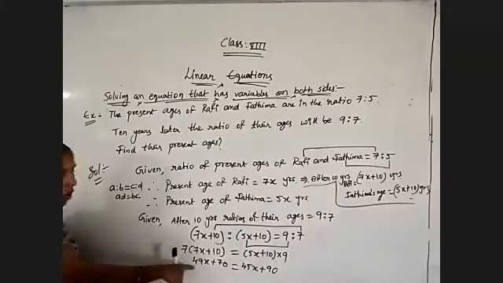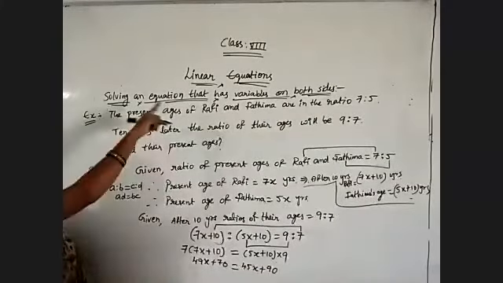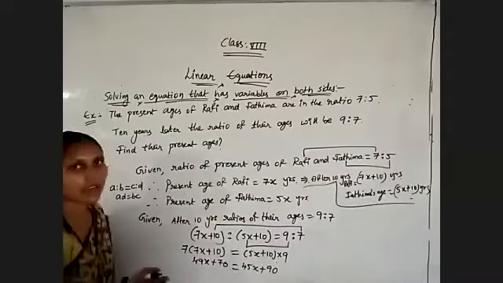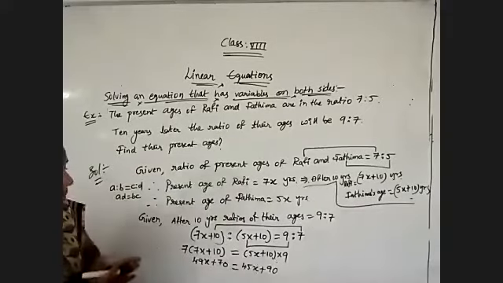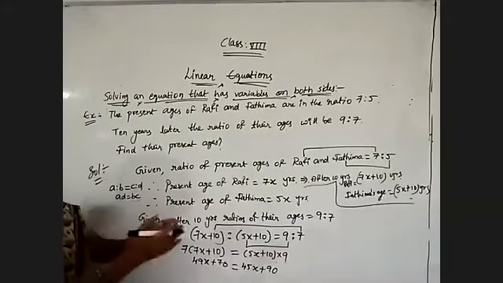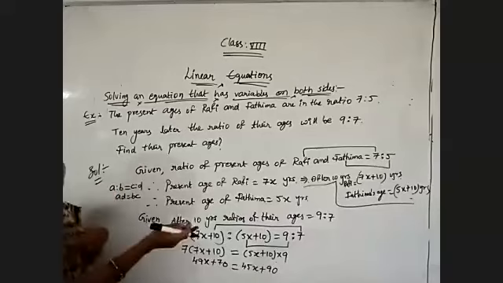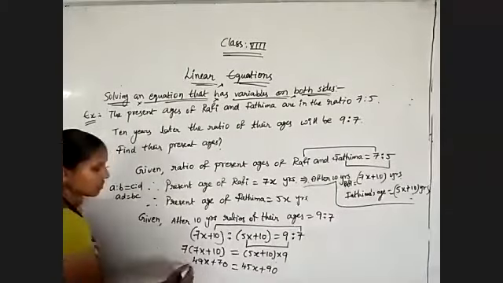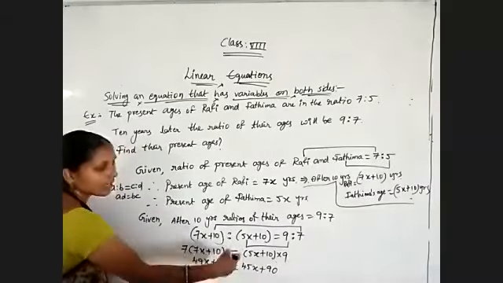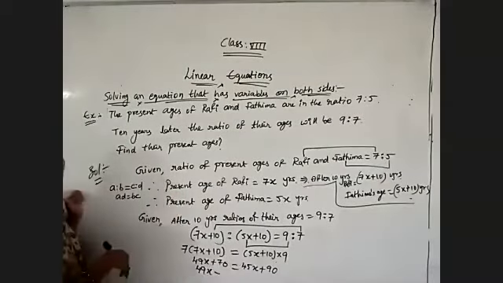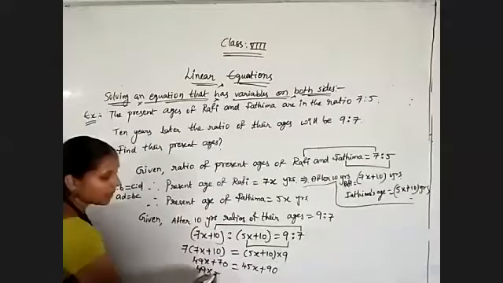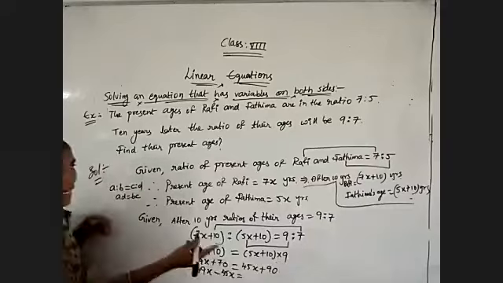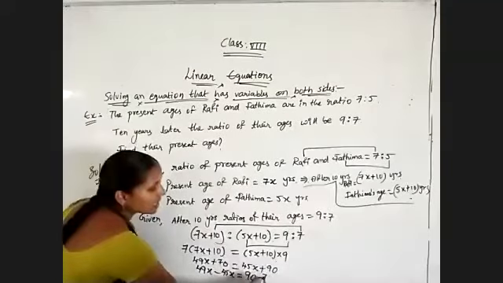Just observe here, on both sides we got the variables. That's why our heading is how to simplify the equation on both sides. So whenever you are getting the variables on both sides, try to bring all the variable terms to one side and all the constant terms to another side. So here I am bringing the x terms to the left side. So 49x minus, the right side I have 45x, so that term I am bringing to the left side. So plus 45x will become minus 45x is equal to, the constant terms on another side, I am bringing 90 minus 70.